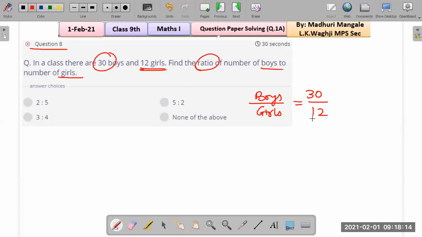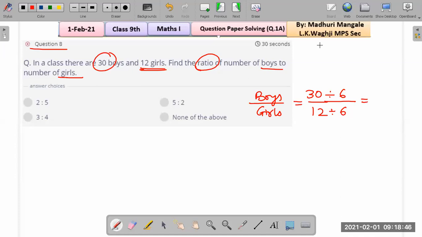And now you have to bring down this ratio to lowest form. What can we divide by? Yes, both of them are divisible by 6, isn't it? So dividing both of them by 6, you should get the ratio. And I'm going to open question on the quiz link. So quickly, once you're done, go to the quiz link and you should be able to see the question there. Okay, and you have 30 seconds to attempt it.